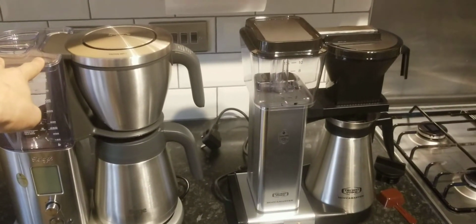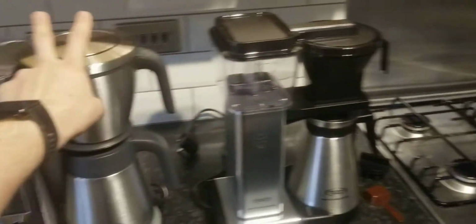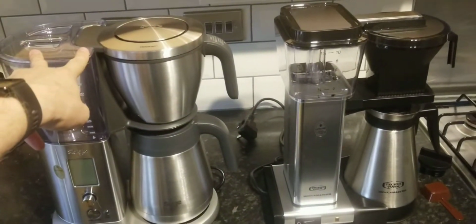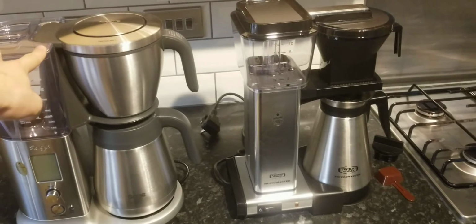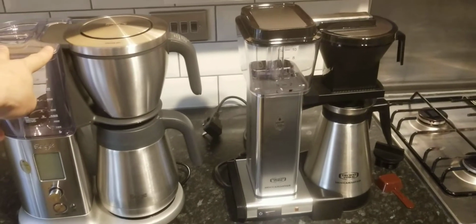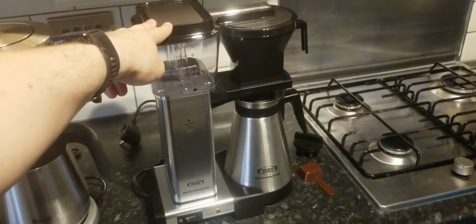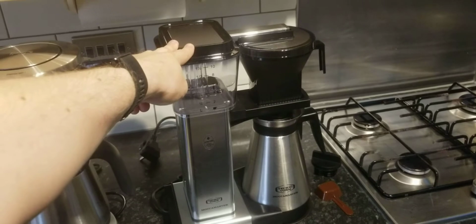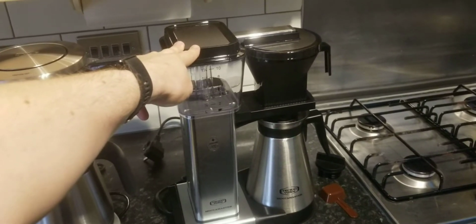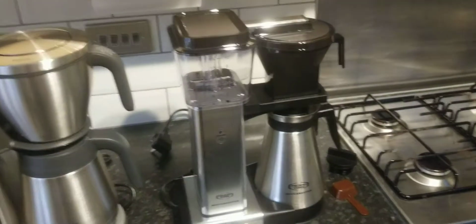Now, I regret buying this one, so now I've bought this one. I couldn't find much information out there to choose between these two machines. I want it to last for the next 20 years, so that's why I went for this one, because of its 5-year warranty and its ease of replacement parts, and you can fix it quite easily. But the problem is, it's just not a very